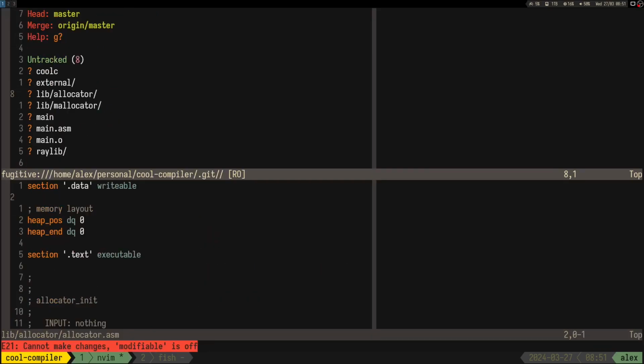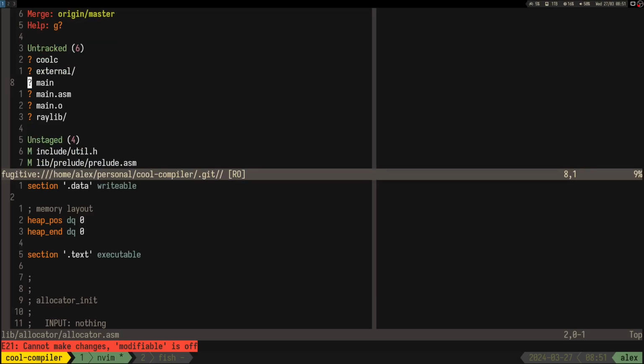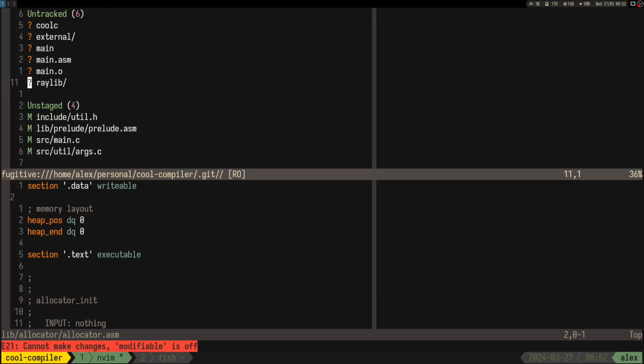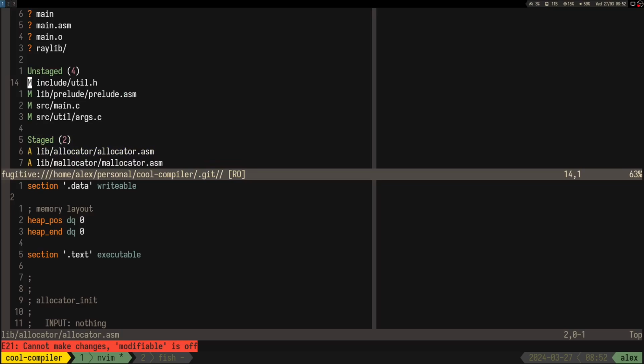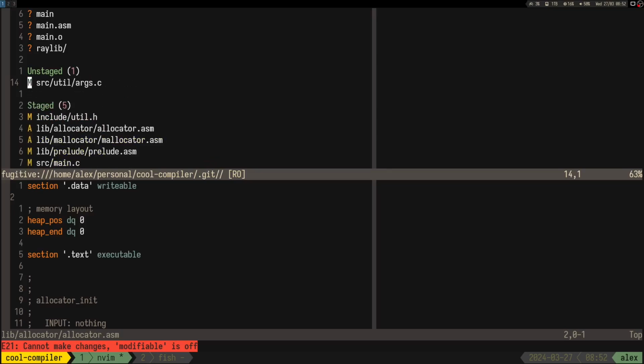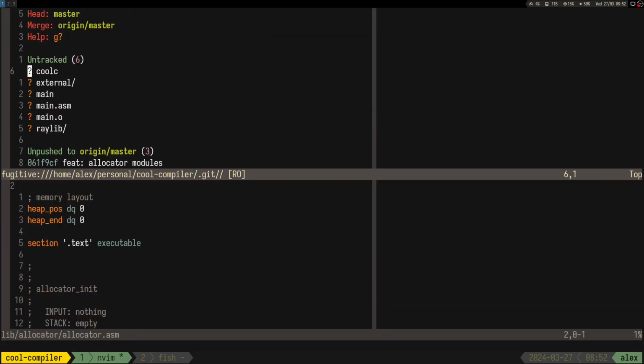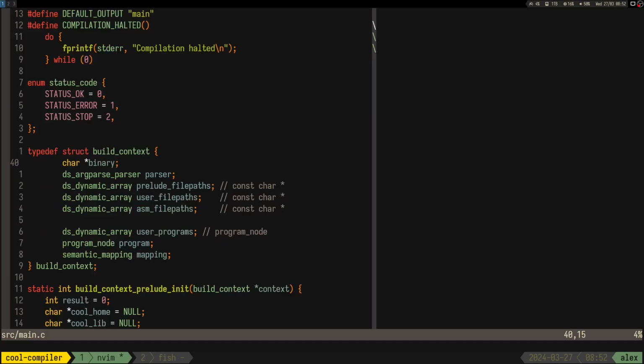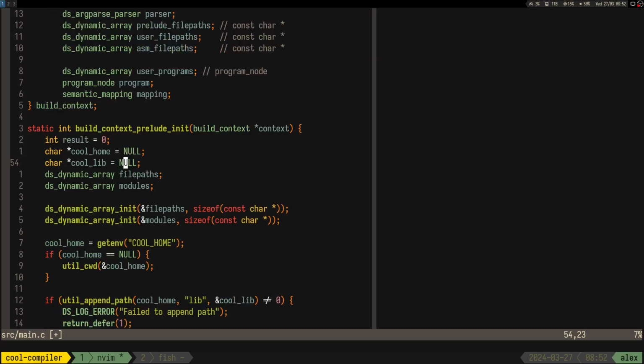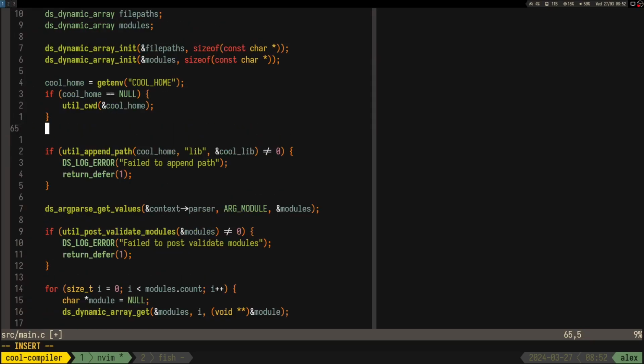So we added the allocator, don't care about the rest, right? Yeah, so feature allocator modules. Okay, so now we can actually change this. So I would say this could be cool home, right? And here let's set